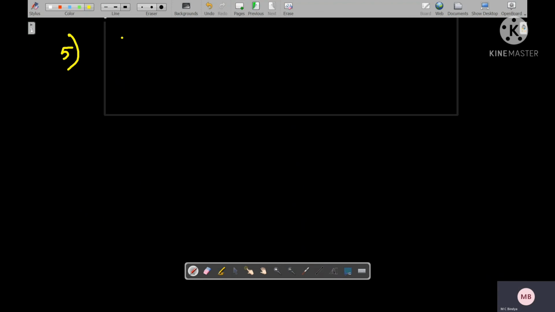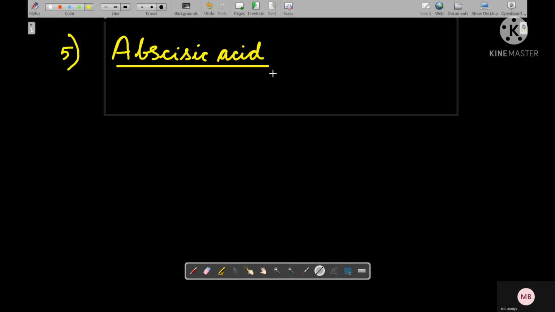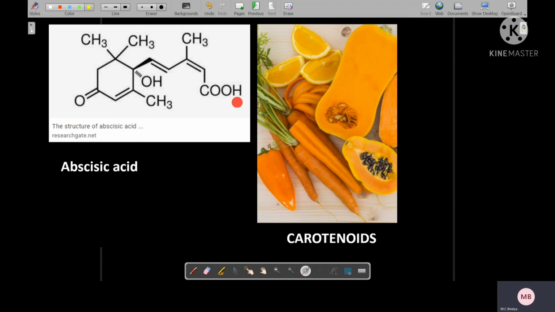And the last one is the growth inhibiting hormone, that is abscisic acid. Abscisic acid is derived from carotenoids. Carotenoid pigments that gives orange, yellow, red color to the parts of plants. This is the structure of abscisic acid,